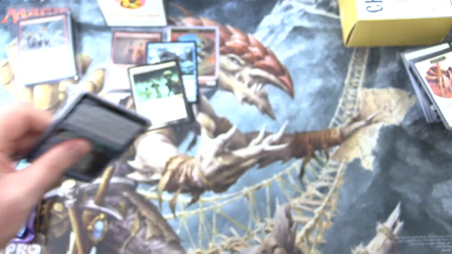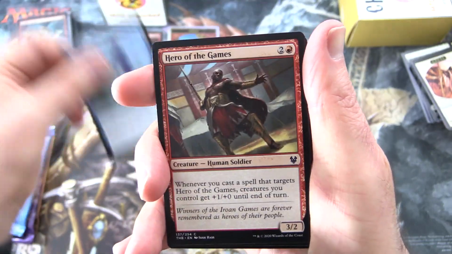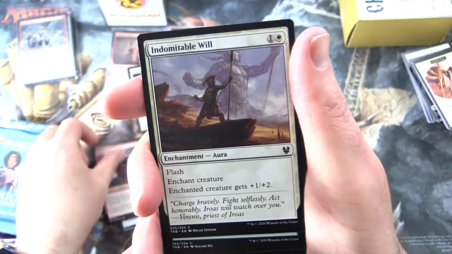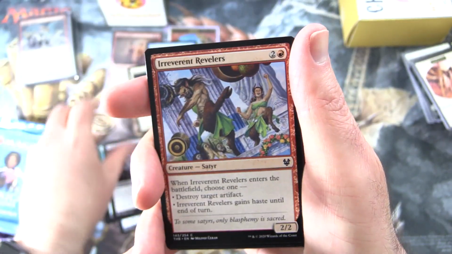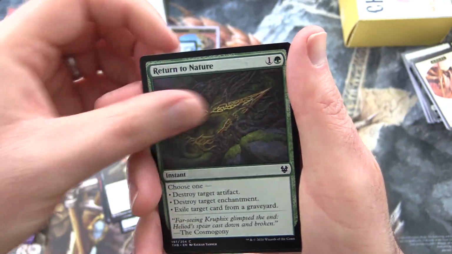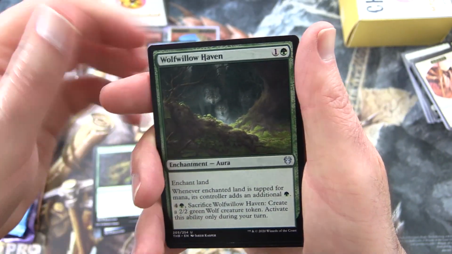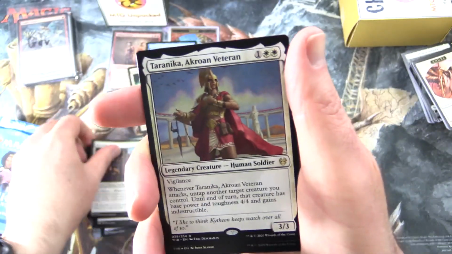So we're looking for gods or titans in this one. We've got Naiad of Hidden Coves, Hero of the Games, Indomitable Will, Plummet, Omen of the Dead, Irreverent Reveler's Final Death, Root of Tizerus, Return to Nature, and Uncommons Wolf Willow Haven, Dawn of Angel, Favoured of Eros, and rare